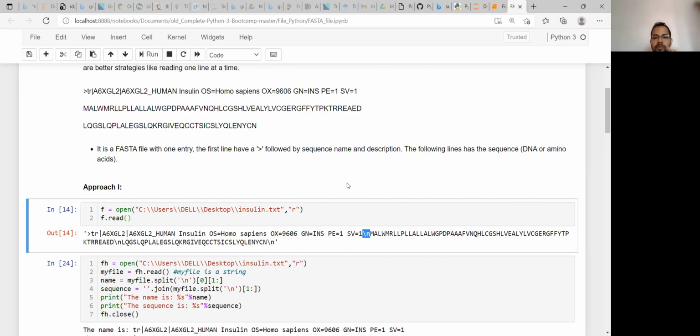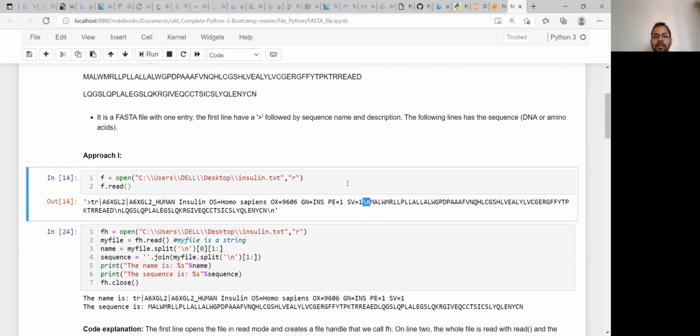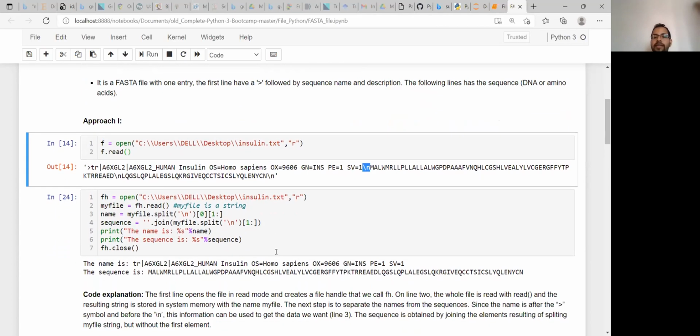But when you are reading this full file, this \n is shown, and now you need to split at that \n position. That's why you are mentioning that wherever you find \n, only then you split. So what will it do?